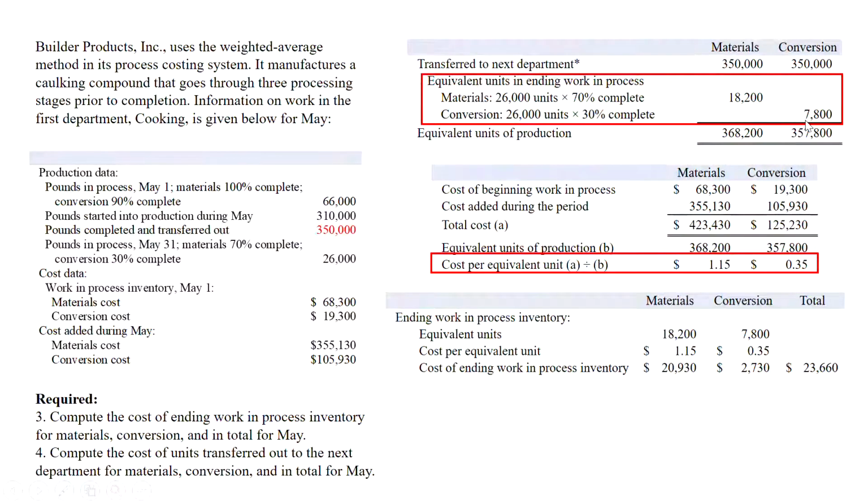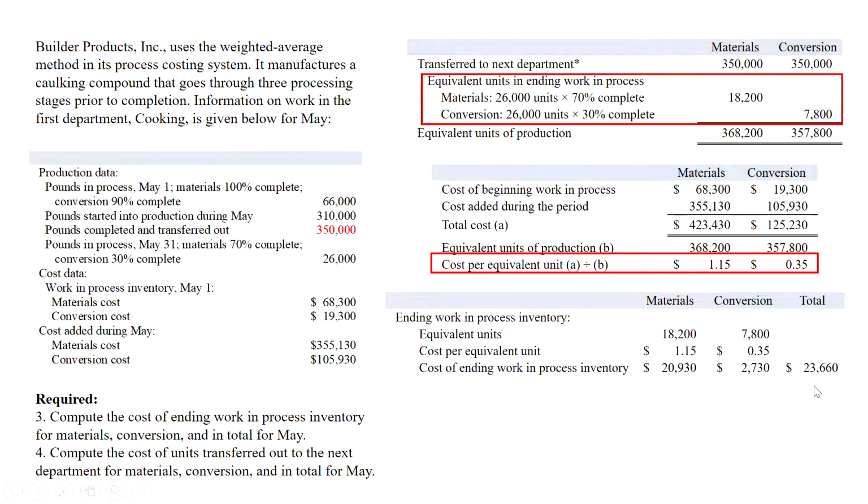Equivalent units in ending work in process inventory for conversion of 7,800 times the cost per equivalent unit of 35 cents is conversion costs in ending work in process inventory, so incomplete units of May 31st of 2,730. If I add together material and conversion costs, 20,930 plus 2,730, I get total cost of ending work in process inventory, all combined, everything, of